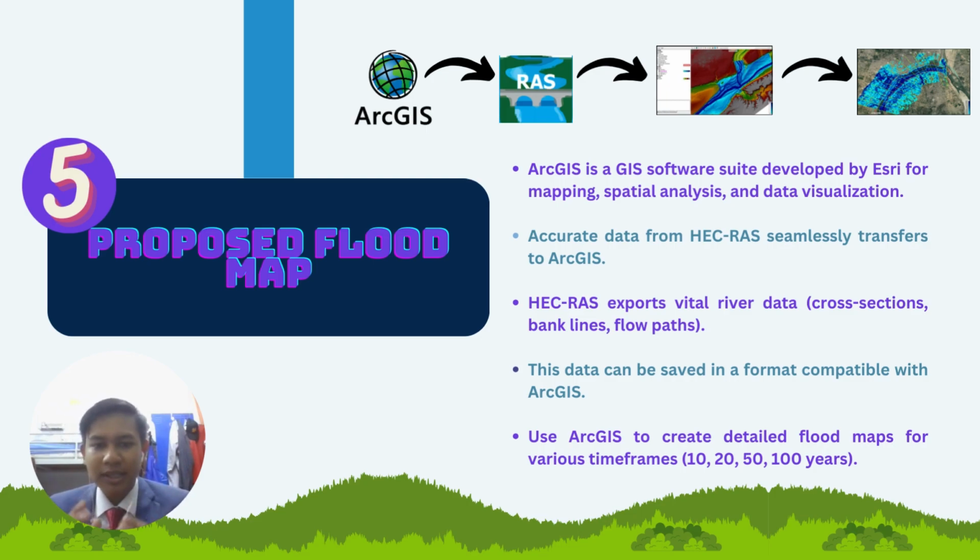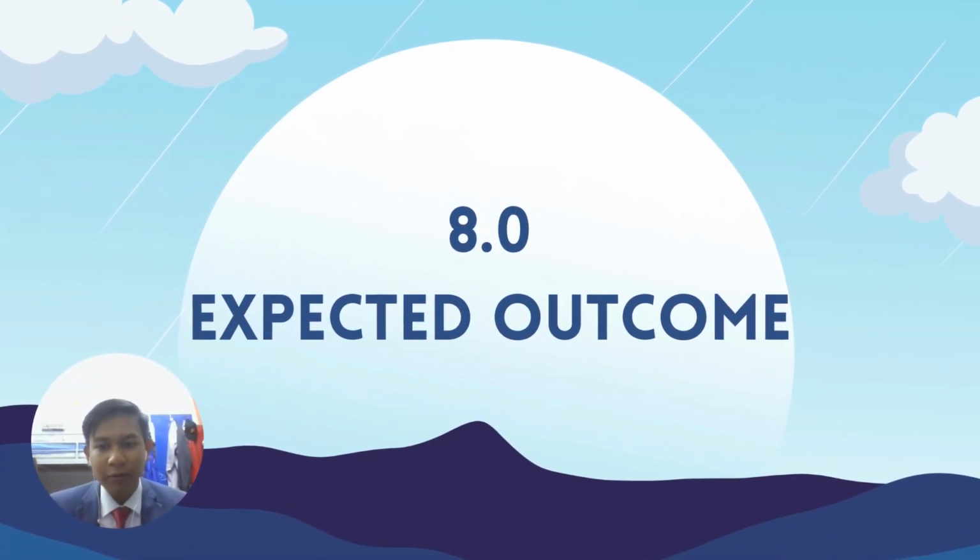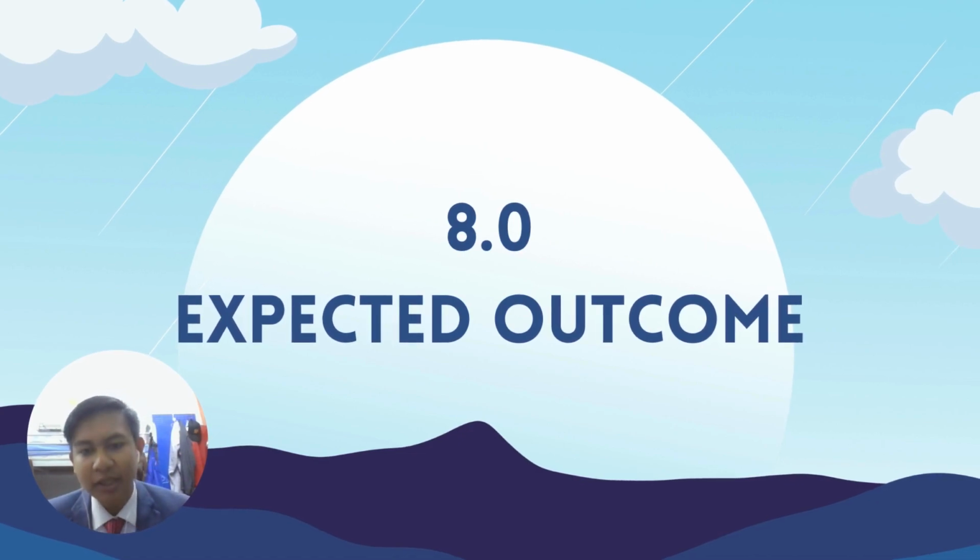This data can be saved in a format compatible with ArcGIS, so that we use ArcGIS to create detailed flood maps for various time frames in 10, 50, and 100 years. After this, we will go through the last content of this slide presentation, which is the expected outcome,